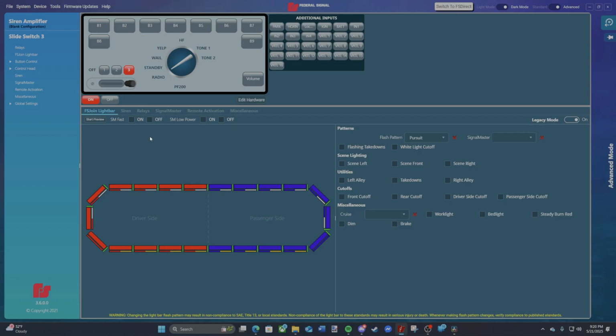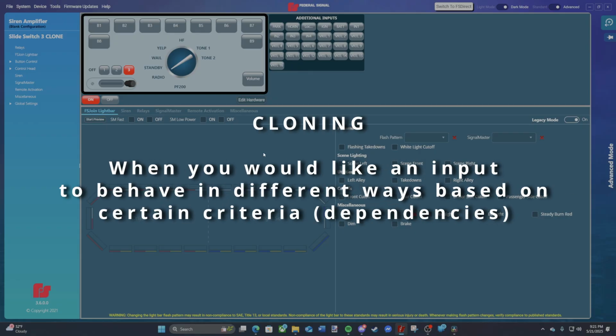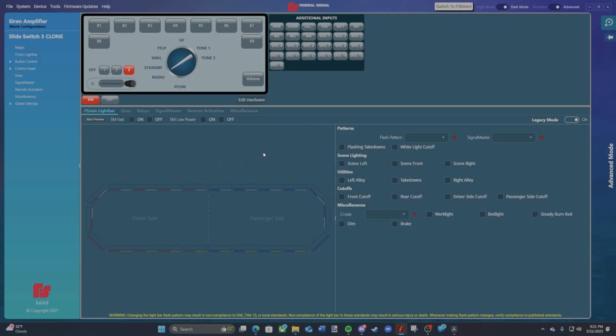So what we need to do if you want a slower park pattern is right click slide switch 3 and then create feature. Notice that this changed and then this got renamed to slide switch 3 clone. So what we just did is made a clone of slide switch 3. A clone is basically slide switch 3, but cloned, so that if you have dependencies that need to be met, it'll meet those dependencies